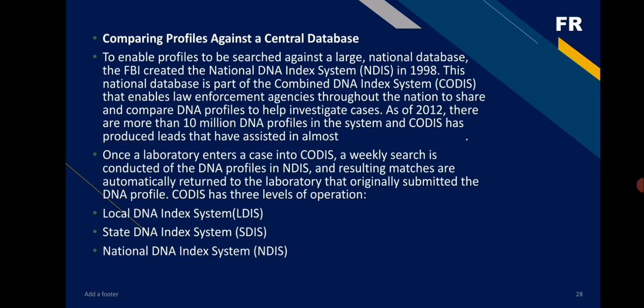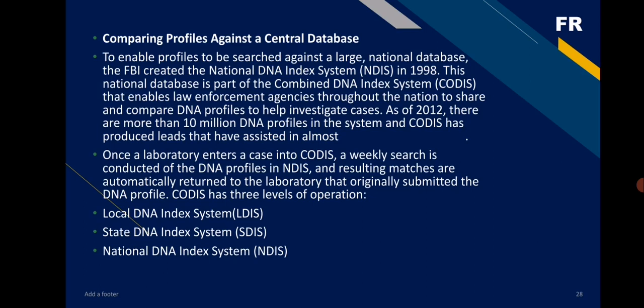The next slide is comparing profiles against a central database. To enable profiles to be searched against a large national database, the FBI created the National DNA Index System in 1998. This national database is part of the Combined DNA Index System that enables law enforcement agencies throughout the nation to share and compare DNA profiles to help investigate cases. As of 2012, there are more than 10 million DNA profiles in the system, and CODIS has produced leads that have assisted in almost